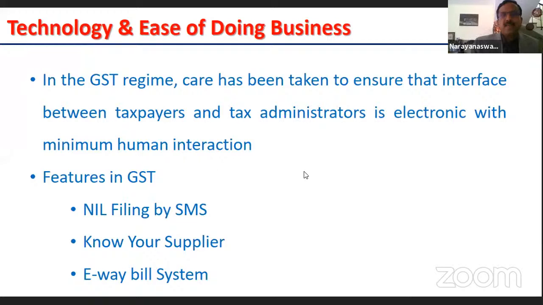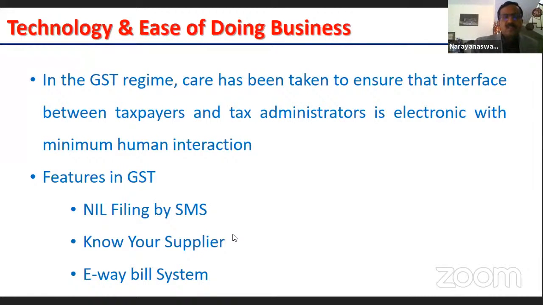What this technology is helping us is achieving the ease of doing business. And there is very minimum human intervention between taxpayer and the tax authorities. In fact, what we are looking for is that 95% of the taxpayers should not know who their tax authorities are, and they should simply operate under the GSTN and forget about it. Only a small number of people who are trying to evade or trying to suppress certain facts, only they should come to the notice of the authorities and they have to take action.